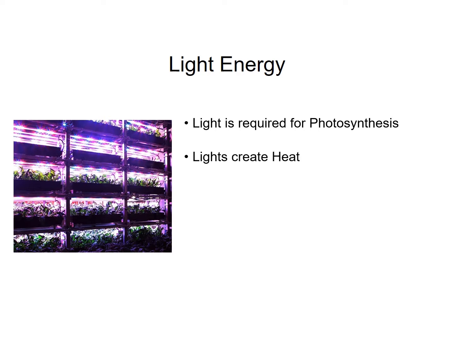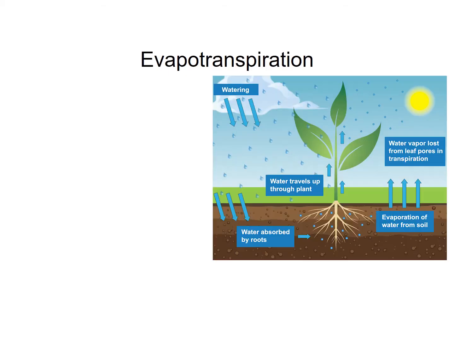The heat comes from the inefficiencies in generation of light by the lamp ballasts, which create heat that warms the space. Infrared light contains a tremendous amount of heating energy. All of this heat energy needs to be offset with cooling during the photo period, lights on, to maintain an optimal space temperature. Watering creates moist soils, surfaces, and in some indoor plant environments, trays and troughs that hold water.